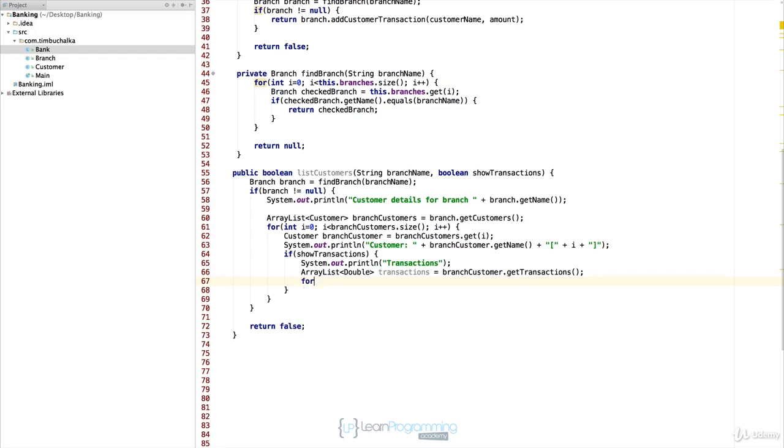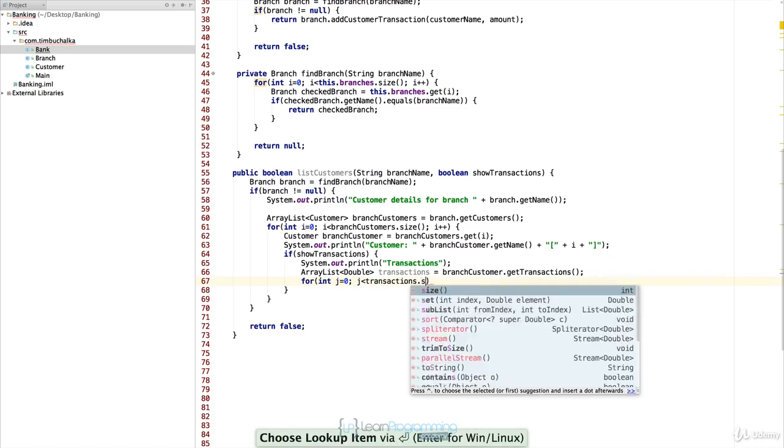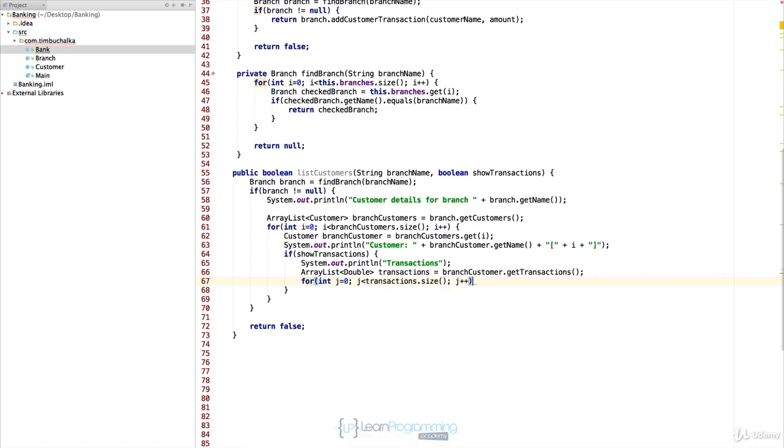So to do that, we're going to put for int j equals 0. Now notice I'm using j there because if I try and put i there, because we're already within a loop, you can see we're going to get an error to say that i has already been defined in the scope. So we need a j here, and I'll go through that again shortly so it's clear. And j is going to be less than transactions.size, j plus plus,